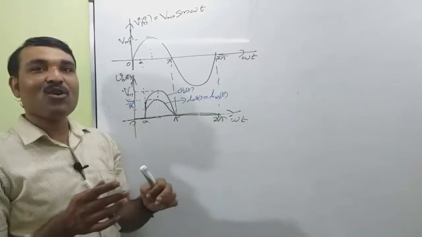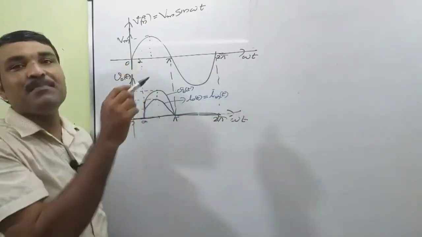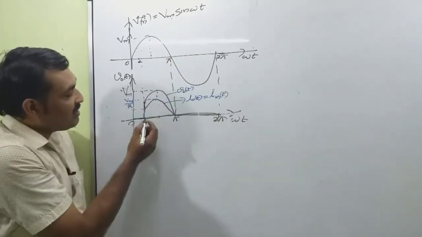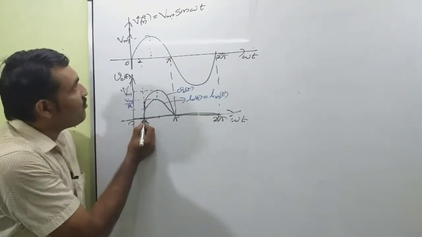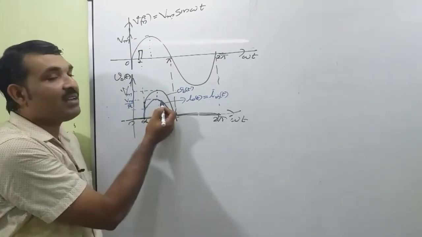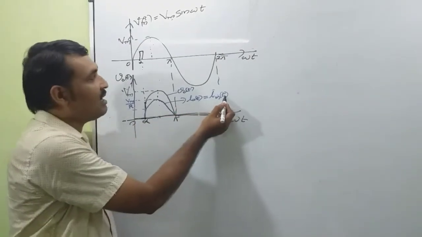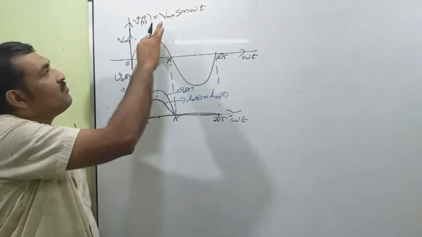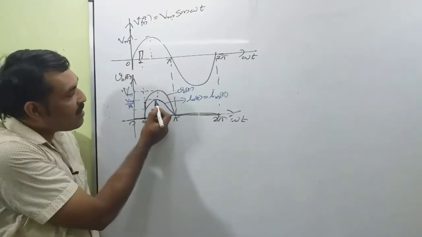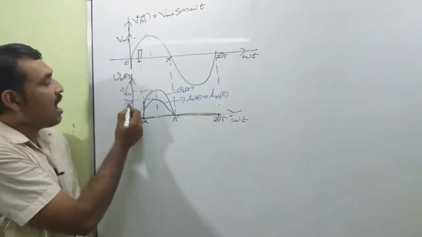Okay. We have drawn the figure for a single cycle. This will represent the input Vm sin omega t. This will represent the output, and this is the firing angle alpha. The firing pulse is available at omega t equal to alpha. The blue graph will represent the output current, which is the same as the input current. So the maximum value of input is Vm, the maximum value of output voltage is Vm, and the maximum value of output current is Vm by R.